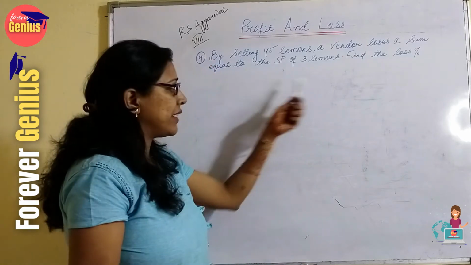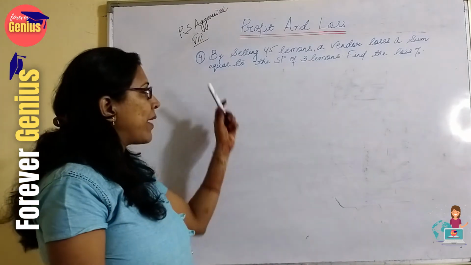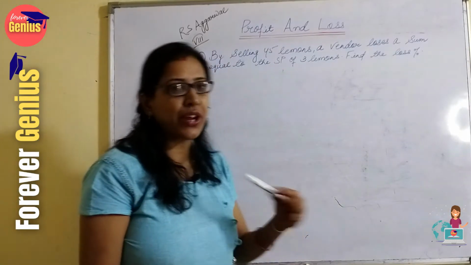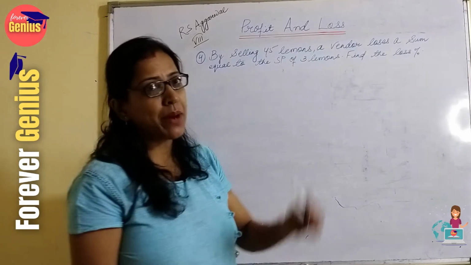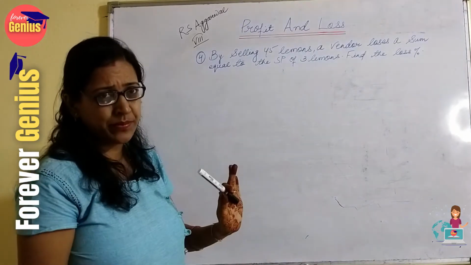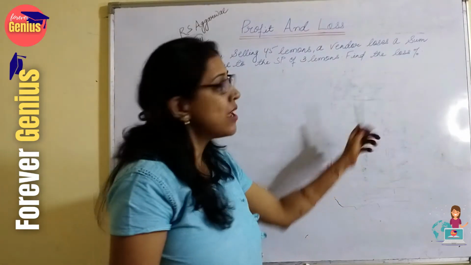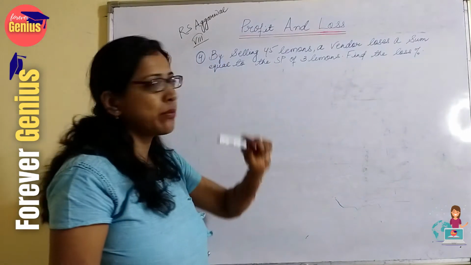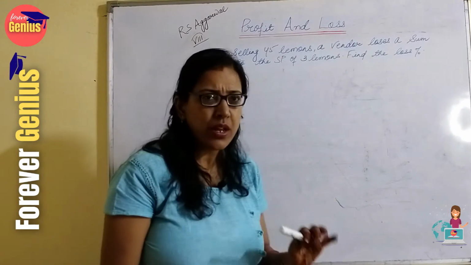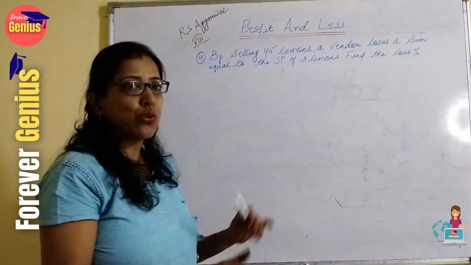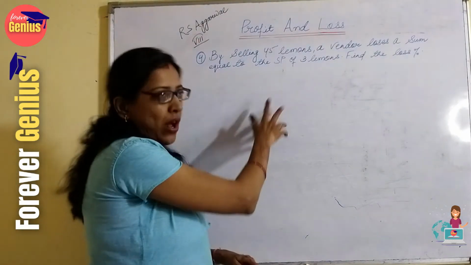But if here it is a loss, we can of course take the cost price. But let's learn a new trick in which we take the selling price as 1 instead of the cost price, because we are going through the reverse gear. It is a loss, so we are taking selling price because selling price will be less, whereas cost price will be more. We can do it in any way. So we are learning a different trick today in order to solve this.